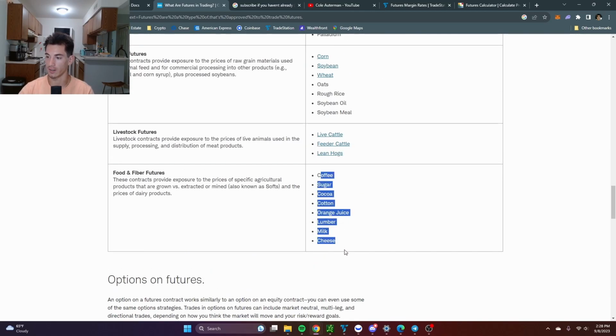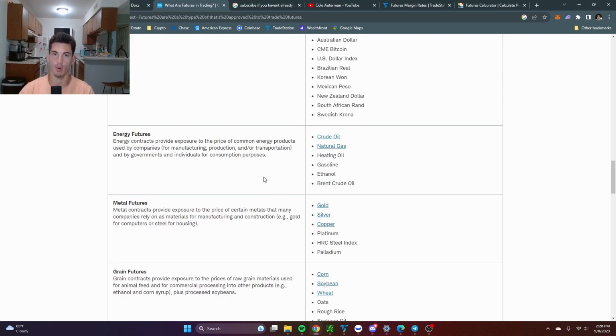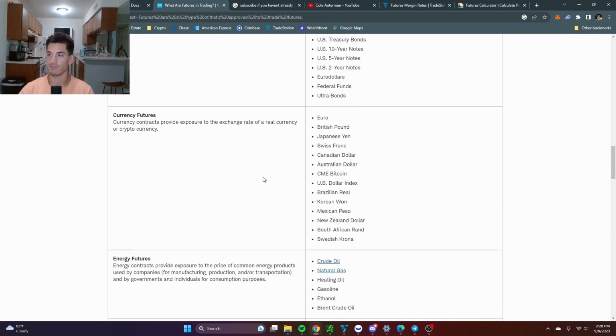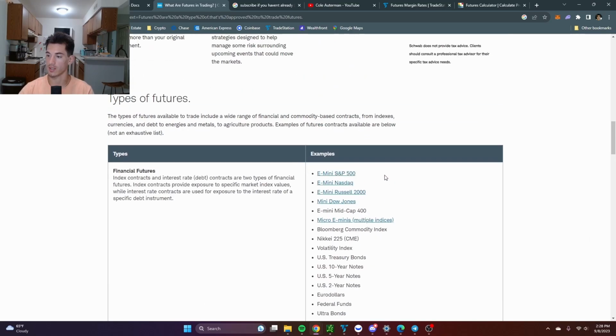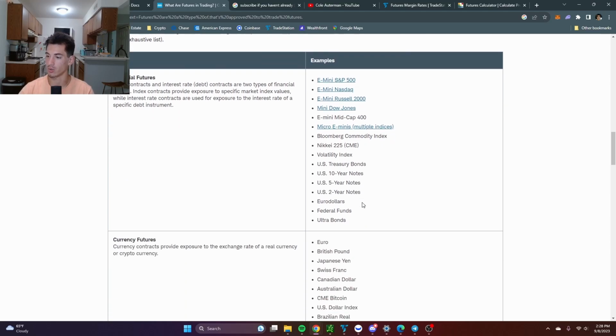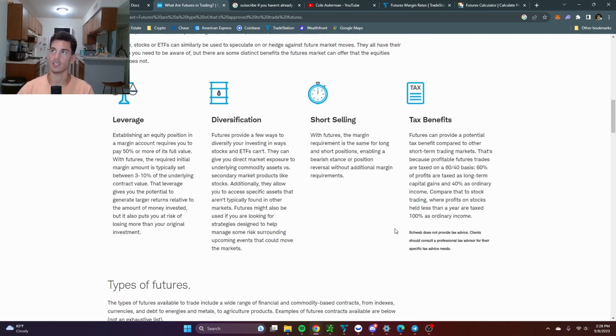And the people that are trading food and fiber futures, grain, livestock, even energy futures, it's mostly going to be companies or people that are just trying to hedge, or maybe some speculators, but this is just a lot more for hedgers. Really, the only stuff that we're going to be focusing on is the E-mini, S&P 500, NASDAQ, kind of the Dow Jones, and then gold and crude oil. So basically 4 or 5 futures contracts. I like to keep it super simple, super easy, just to not get lost in the weeds.